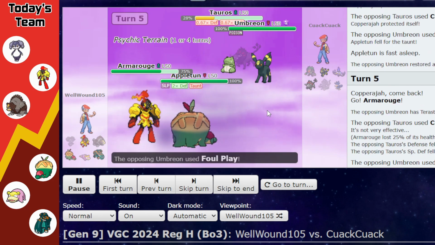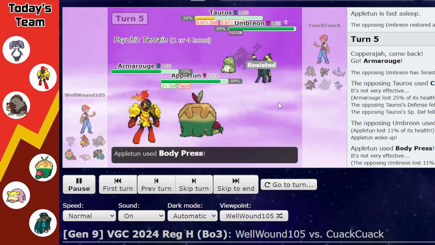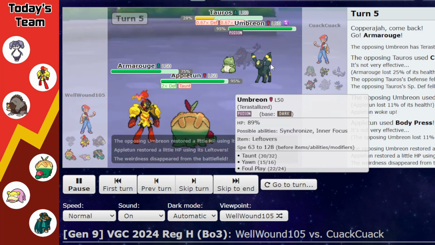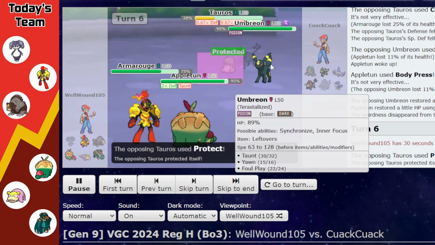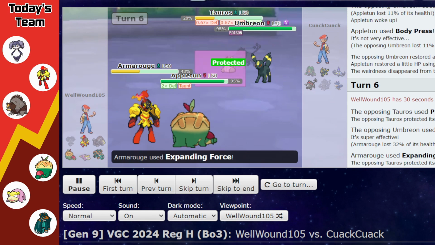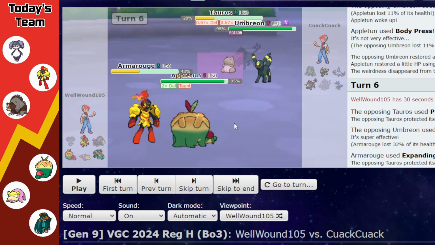Appletun is gonna wake up, and the Umbreon only has Foul Play to touch Appletun, and I Body Pressed into it this turn, fortunately on the turn that we woke up, but it's also the turn that they decided to Terra Poison. And Tauros is going to protect this turn, and they decided to Foul Play into Armarouge. And I feel like the play that I should have gone for here was just Trick Rooming with Armarouge, as this would allow Appletun to not be taunted, so he can more consistently build up Body Presses for the end